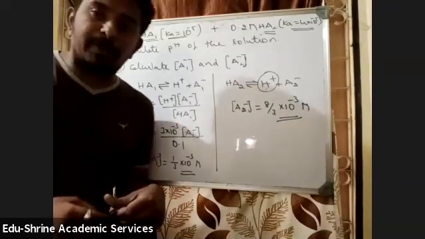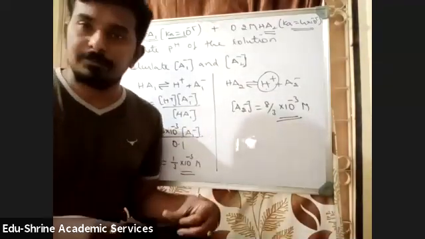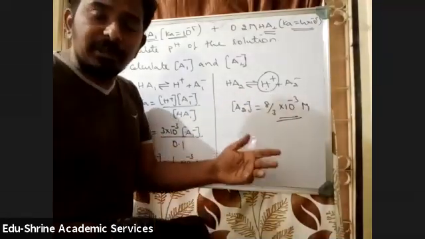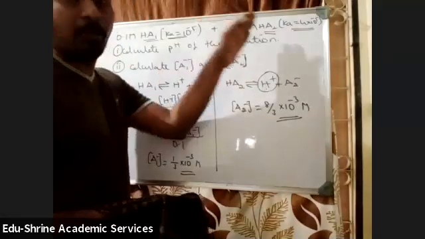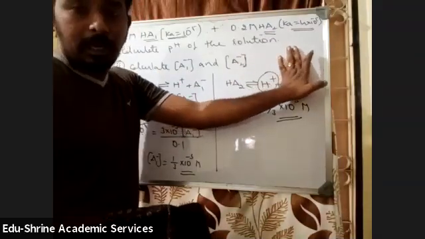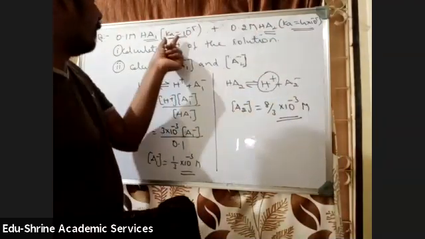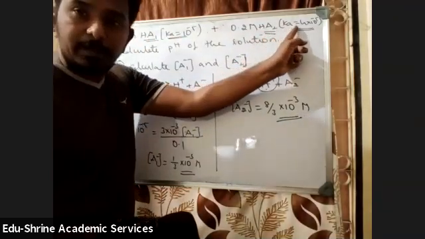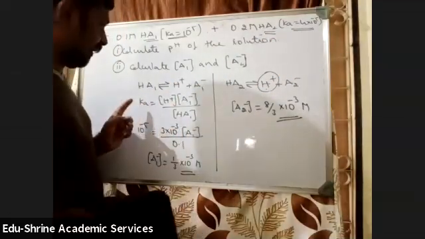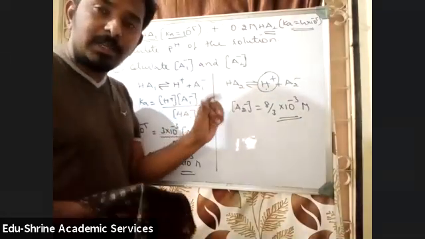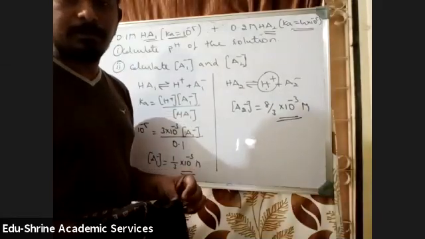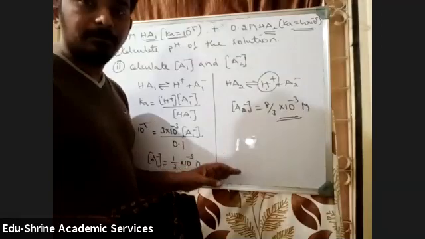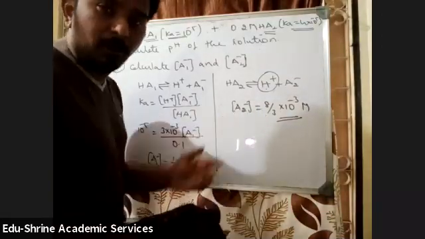In the same way for bases also, you can solve. I'll be going directly to the next part. What is the thing you need to do, students, for bases? Just from the question, you need to identify to which part it belongs. If it is a base, here it will be Kb. Here concentration will be given. Here also it will be Kb. Whatever the H plus ion concentration we got previously, that will be OH minus ion. Clear? Directly I'll go to the next part.